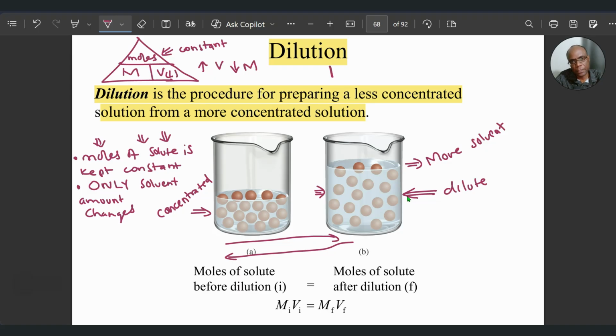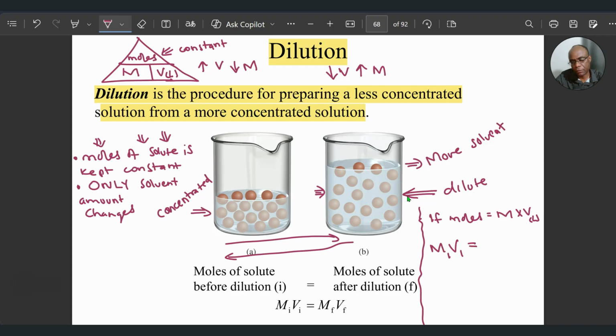On the other hand, if you decrease the volume, keeping the moles of solute constant, the molarity will increase. Right? So we can have initial and final conditions, initial and final amounts. So if moles equals molarity times volume always, then if you're keeping moles constant,